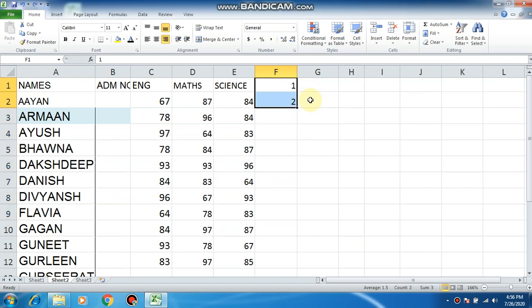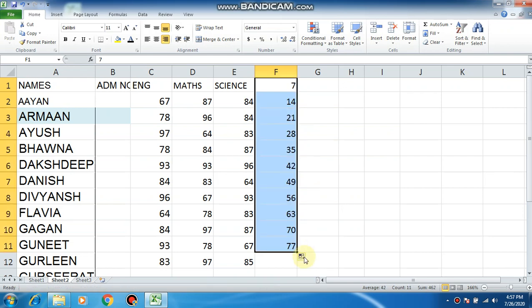Right? Now, if I want, I can change this value to multiples of 5. Suppose, again I select these two values, I take the fill handle, drag it, and my values will be filled for multiples of 5. Now if I take these two values as 7 and 14, I can get multiples of 7. So I take up these two cells, just drag the fill handle, and this is going to give me the multiples of 7. So you can take any multiples by giving the first two numbers of the series.